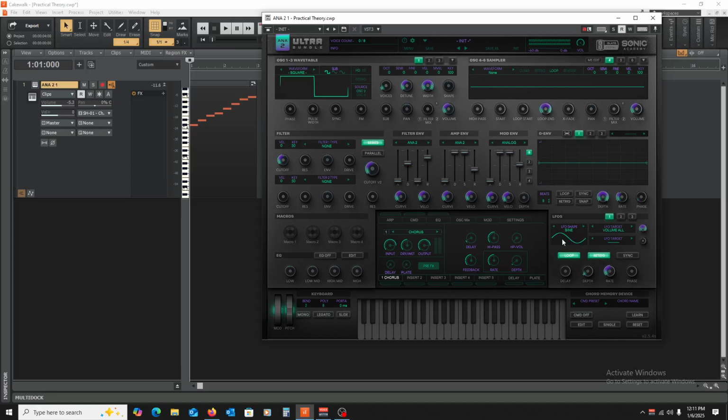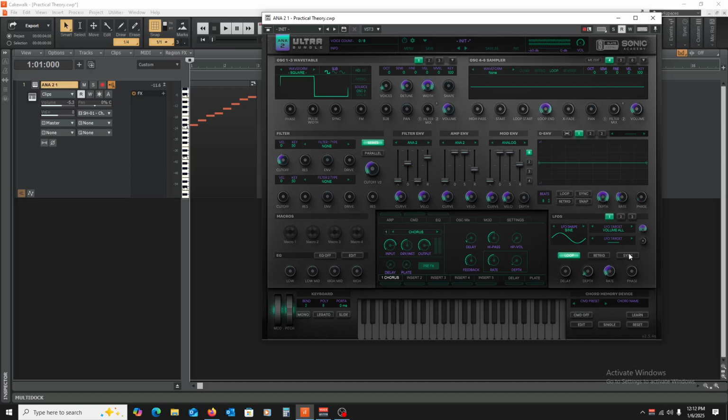Retriggering essentially means that this has more to do with as you're playing, but each of these notes, the minute you play a different note, it's going to start at the beginning. So if you got here and then you played a note, it would immediately jump back to over here. And then if you played a new note here, it would jump back here instead of going all the way through. If you take retrigger off, no matter what note is being played, it's just going to go through this cycle all the way without being interrupted. And a retrigger will interrupt where it is in this motion and start over from the top the moment a new note is triggered.